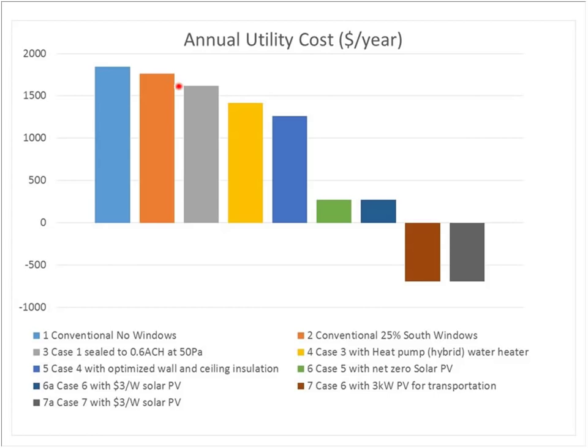As we move toward a sealed home, a hybrid water heater, optimal insulation, and then finally adding solar, we see that we're dropping from nearly $2,000 per year for the utility costs, and that is typical of the utility costs from our field studies that all electric homes in our area are seeing, to a net zero solar powered house. The reason for this utility cost, assuming most people would stay grid tied, and we hope most people do, that we keep this network community together, is that this represents a $20 per month customer service fee for being hooked up